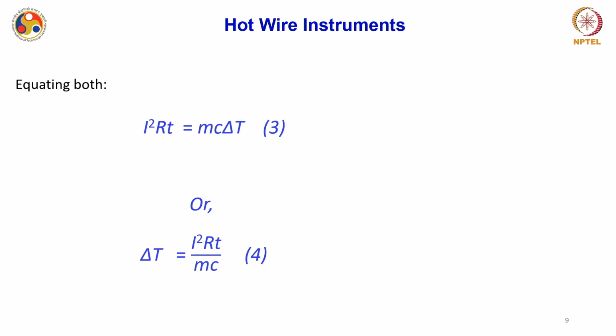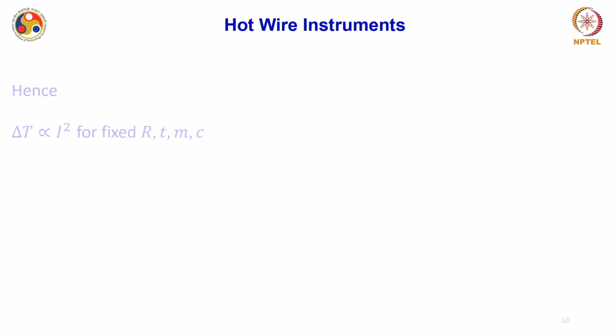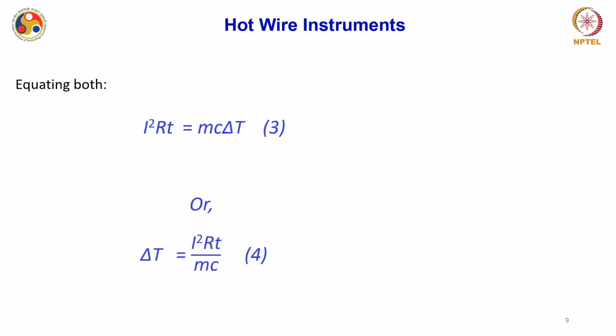I am calling this equation 3, and if I simplify it and find the value of delta T, I will get simply I square RT divided by mc as the change in the temperature, and I am calling this equation 4, okay? So the change in the temperature is equal to I square RT divided by mc, okay? Therefore, this change in temperature